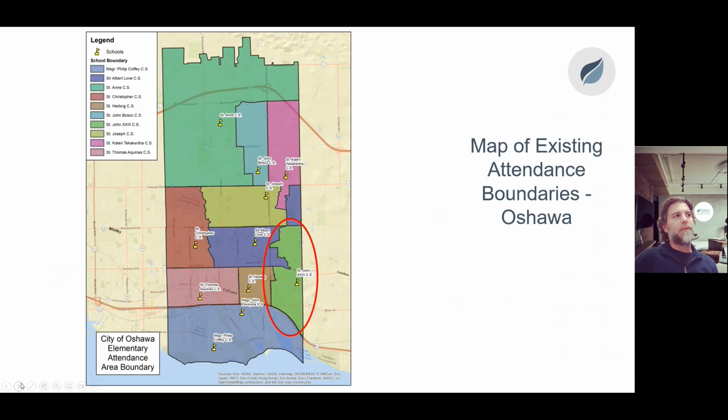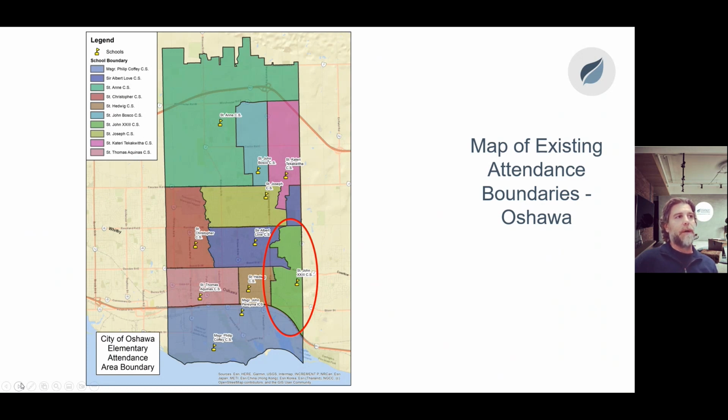So for the next couple slides, we've been talking about school boundaries and some of the implications surrounding school boundaries. But this slide and map gives everyone an idea of what these boundaries actually look like spatially. How big are they? How small are they? Where is the school building located within that boundary? How do they relate to each other? How do they relate to the city as a whole? So I think this map gives everyone a good spatial understanding of what those boundaries look like.